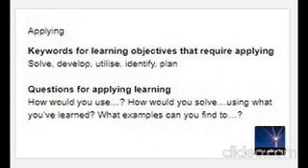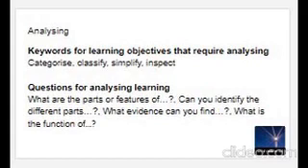Students should be able to apply learned facts, techniques, and rules successfully to a new or different situation. The learning material uses words like solve, plan, and identify to indicate material for applying knowledge. Students should be able to deconstruct and examine information to identify causes and find evidence to support theories. The learning material uses words like classify and inspect to indicate material for analysis.